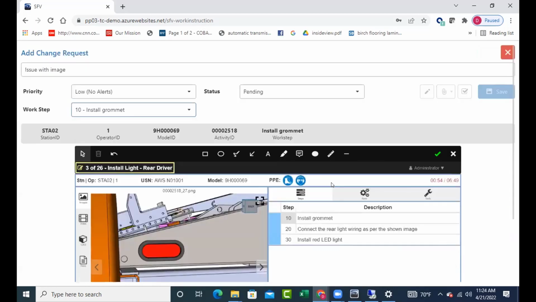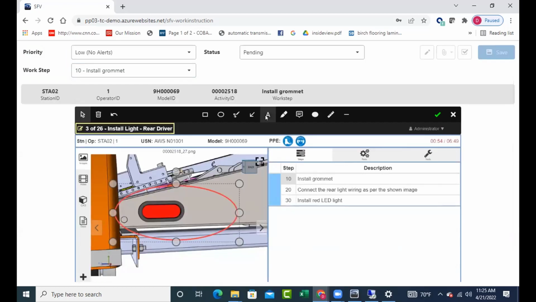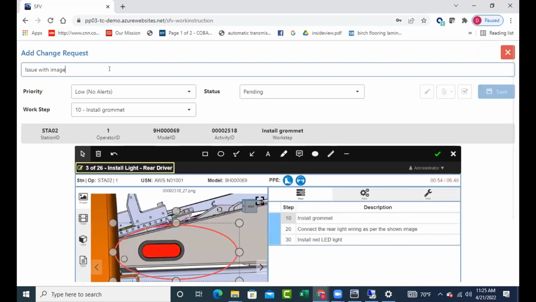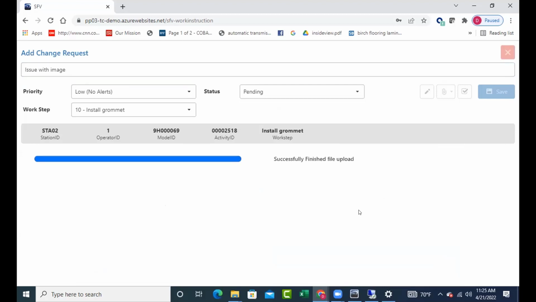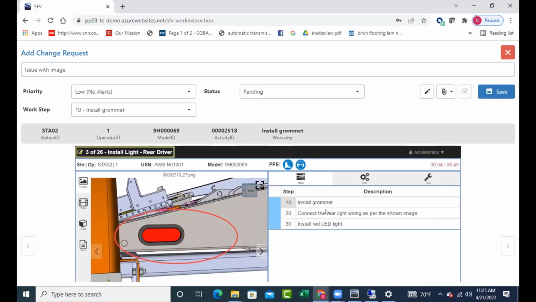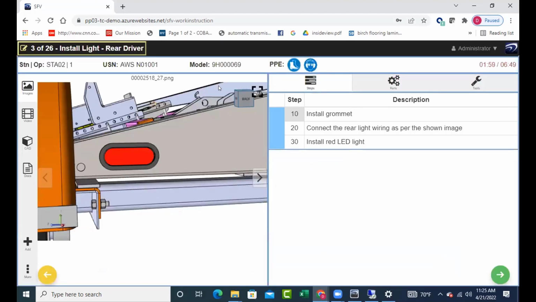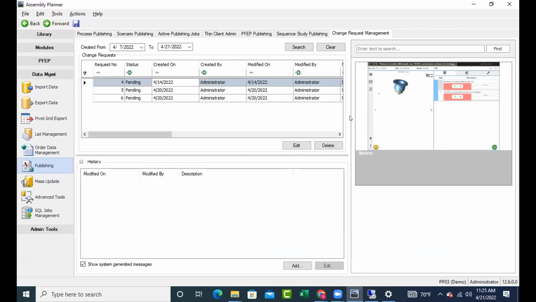I can come down to the image itself and I can annotate it. I can add a particular call out. I can type in some text and so on, and have everything completed on my end so that I can now save this as an issue for the engineer to review, right? So if I do a save, it takes me back to the instruction. I can keep working. But now on the assembly planner side, which is my authoring environment where the engineer has been,